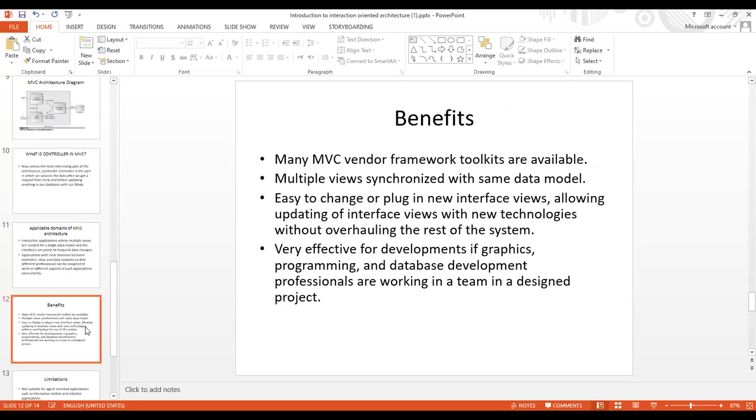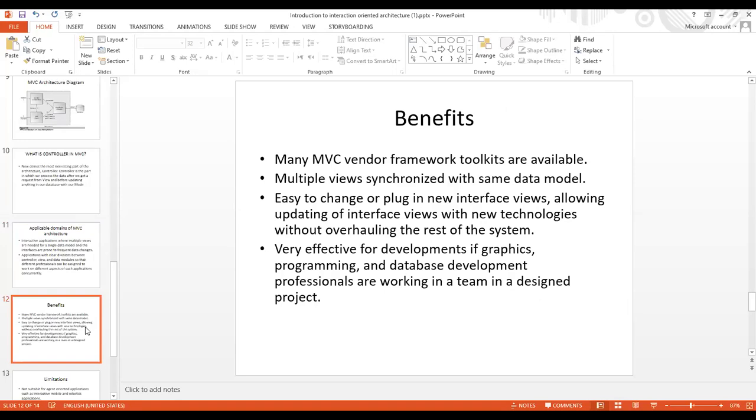Due to the advantages of MVC architecture, development of the application becomes fast, and it is easy for multiple developers to collaborate and work together. Many MVC vendor framework toolkits are available. Multiple views are synchronized with the same data model. It is easy to change or add or plug in a new interface view, allowing updating of the interface view with new technology without overhauling the rest of the system.